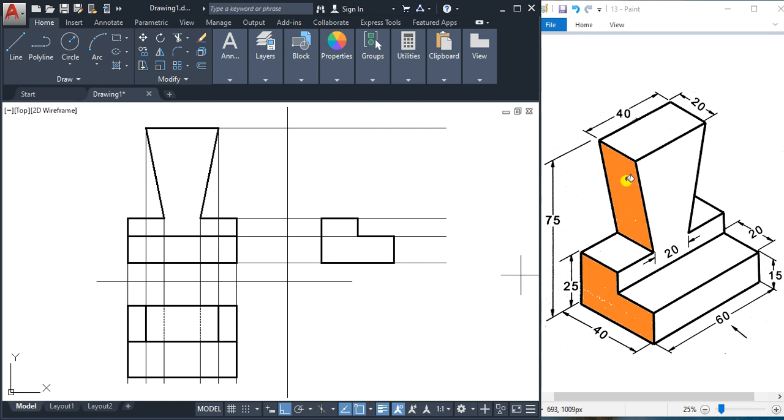And if you see, the remaining will be this surface. So this will look like a rectangle surface of 20 by 50, because 25 is gone, so remaining will be 50. So otherwise this height you can draw like this surface as a rectangle. So you can start here, and you can take a vertical line here like this, and you can take up to this, and you can join here. So this will indicate this surface. So this will indicate the side view of this object, and if you want you can give the dimensions also.